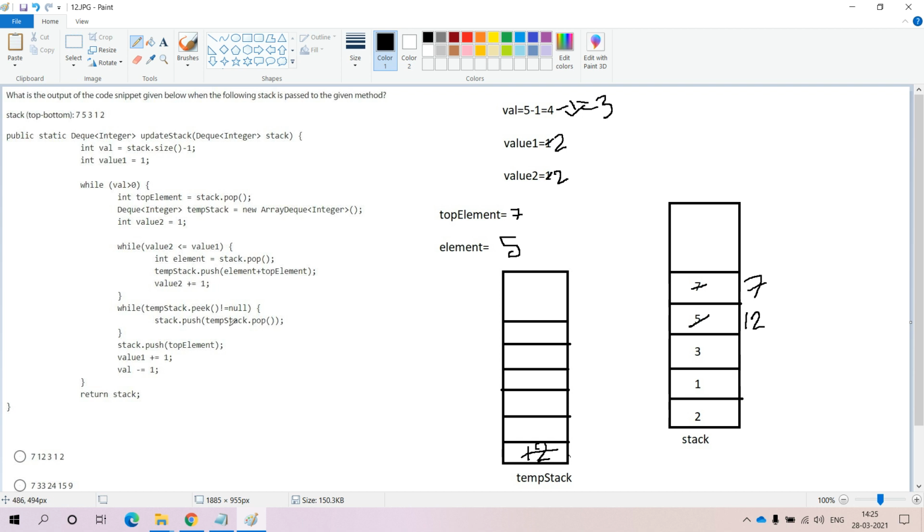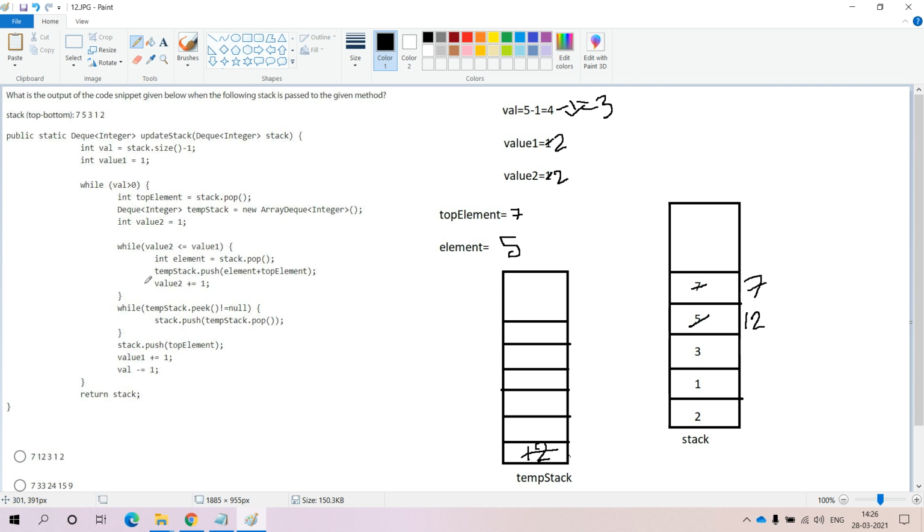It is a lengthy process that you have to do. Already for the first iteration, I have explained the complete execution flow and the output that is available in the stack after completion of the first while loop iteration. Now we have to perform similar operations multiple times with respect to the value. So here the while loop will be performing one more time. Next the value will be decremented by 1, so that we get 2.